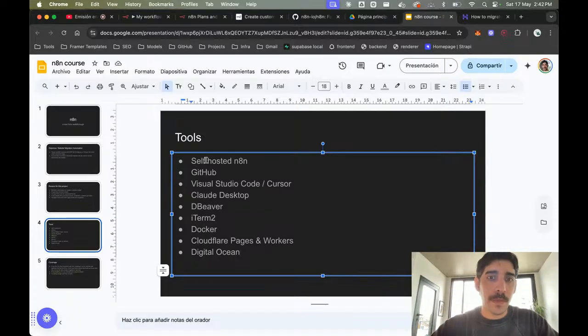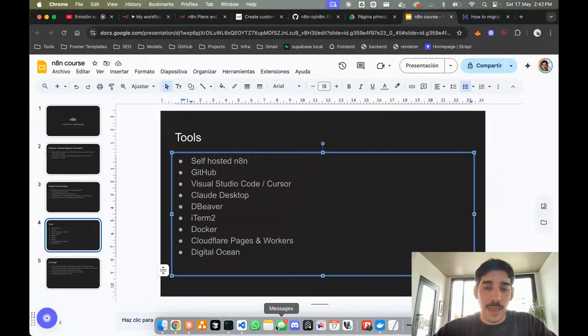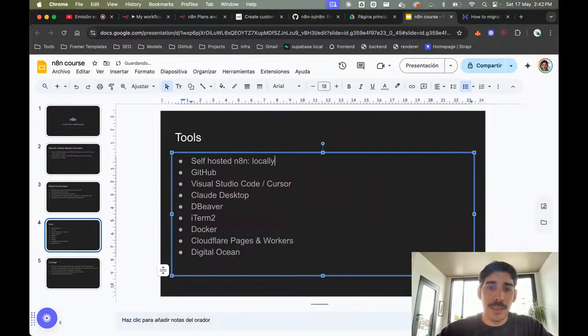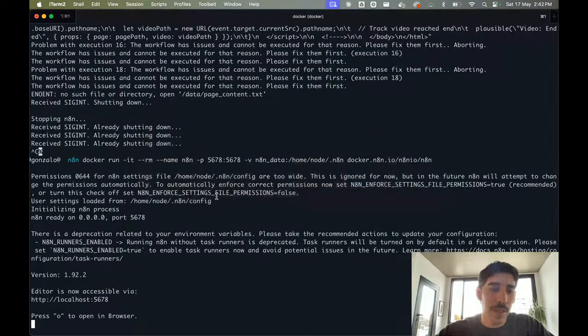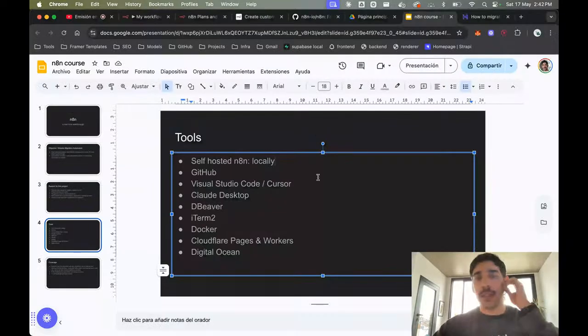So the idea will be to use a self-hosted n8n. In this case, we have it locally. We're running it with Docker within a terminal. If you don't know how to use the terminal, you need to become a friend with it. It's really easy and really helpful.